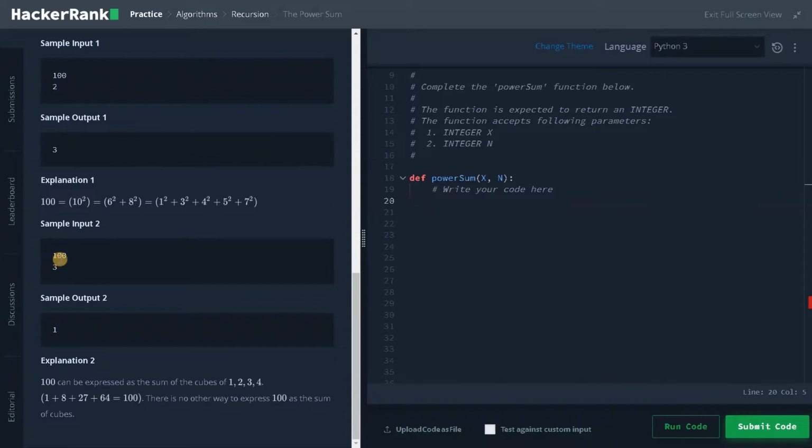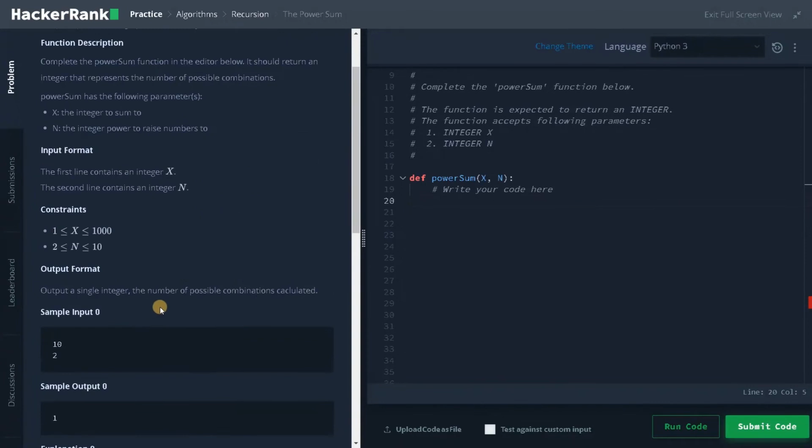The last example is 100, but the power is 3. It can be expressed in only one way: the cubes of these 4 numbers, 1 cube, 2 cube, 3 cube, and 4 cube. If we add these cube values together, the result will be 100. There is no other way to express it, so we just return 1.